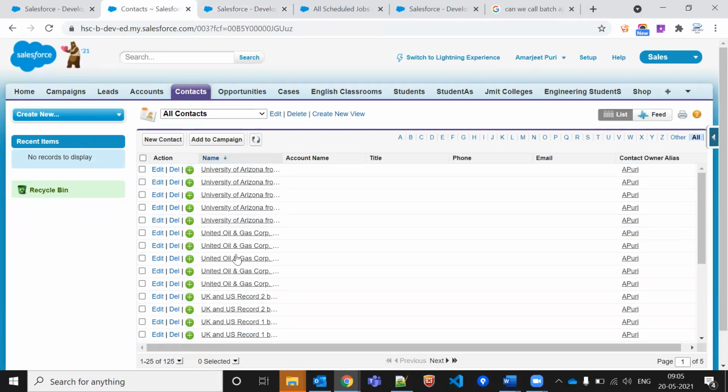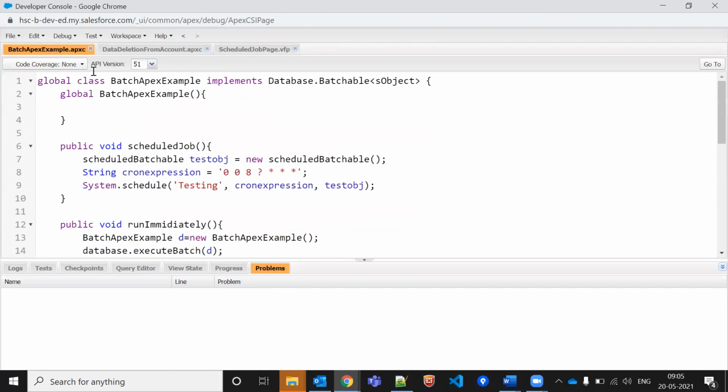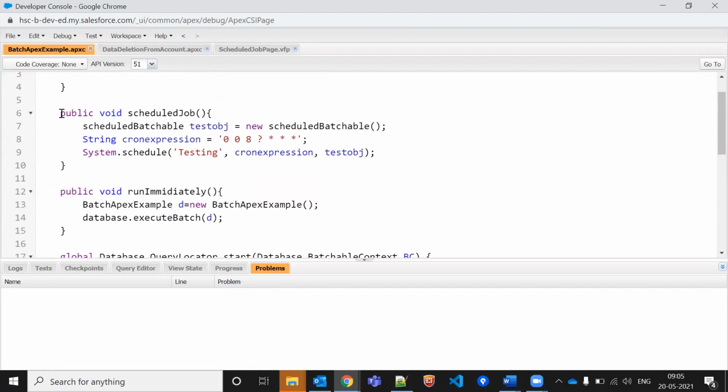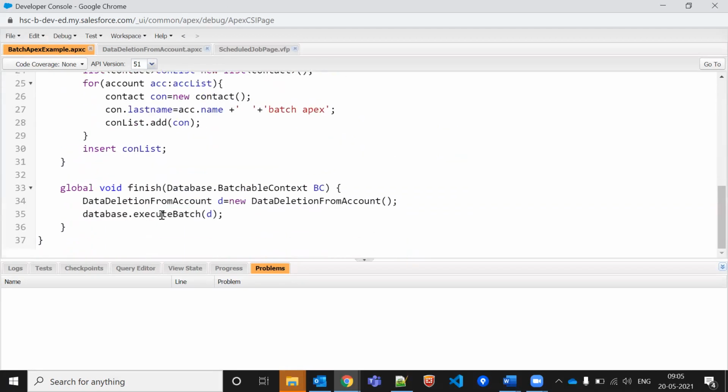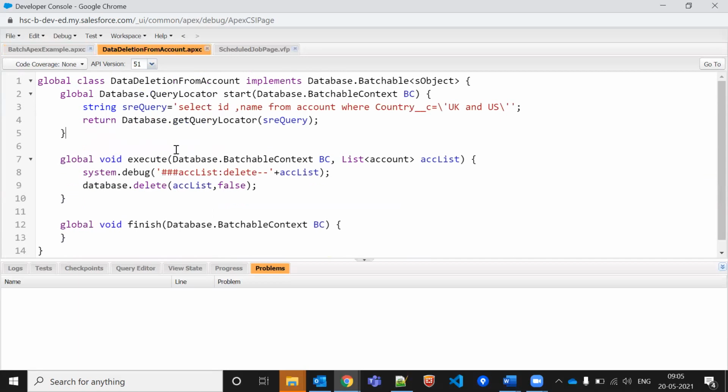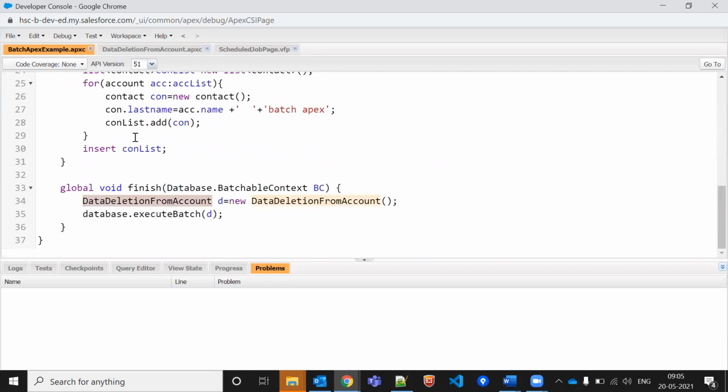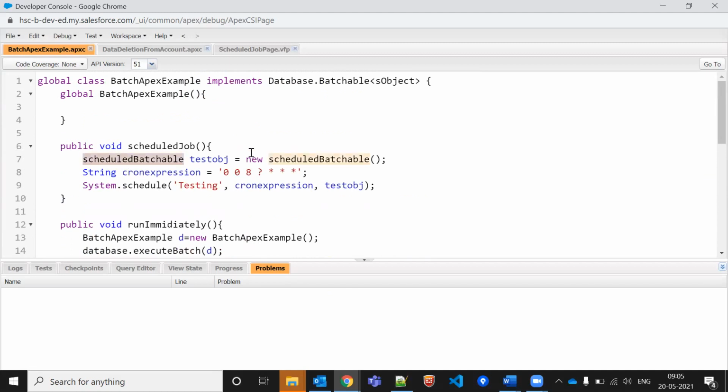So this is batch Apex. Generally we are using tabs, tabs are using a Visual Force page, and the Visual Force page is using an Apex class, a simple Apex class method, and inside the method we are calling the batch Apex. Once we call the method, my batch Apex is automatically called, and that batch Apex calls another batch Apex. That other batch Apex is doing the delete operation, and parallelly we are calling our scheduler class as well. So we are doing lots of activity in one class. There are lots of things we did now.